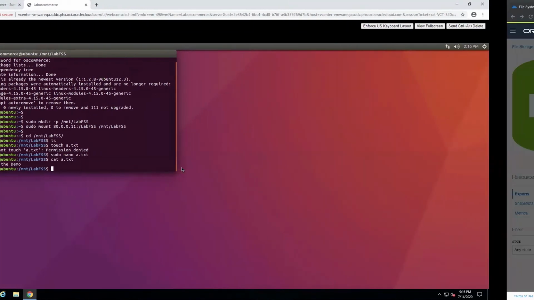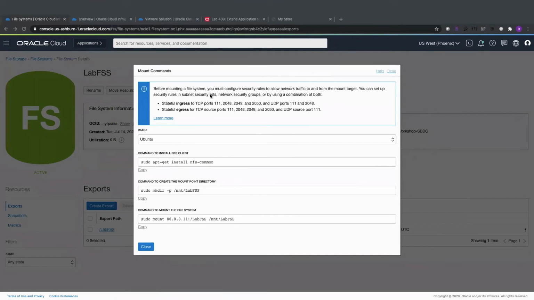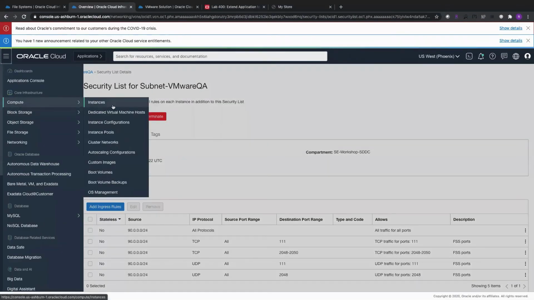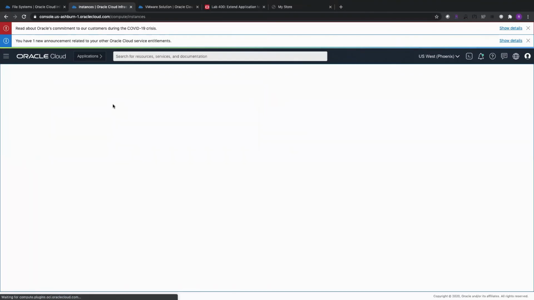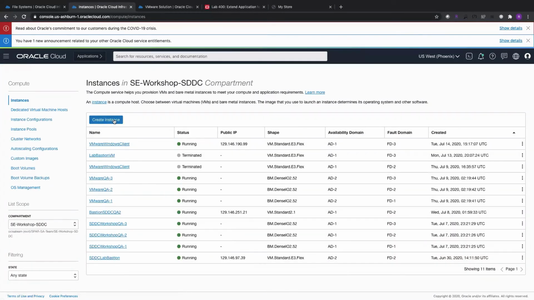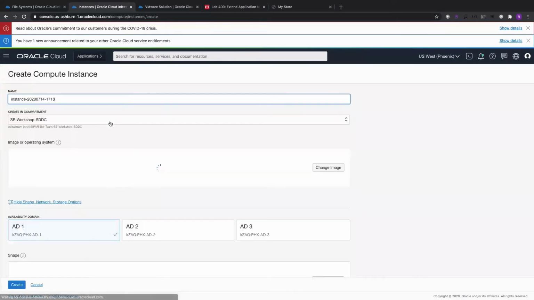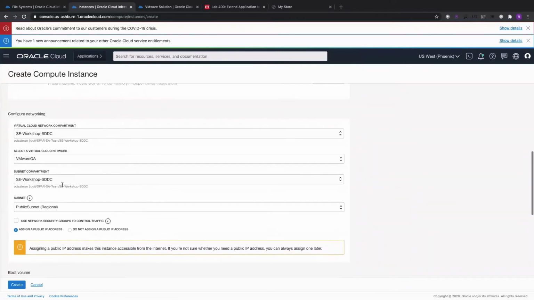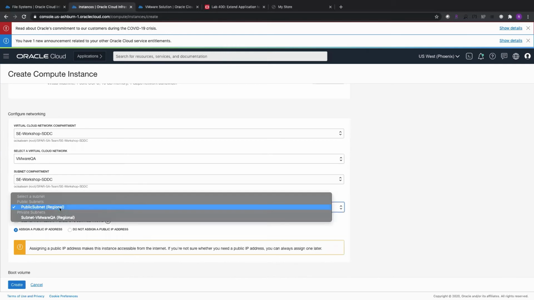To do that, scroll back to your OCI console and open up compute instances. Here I'll quickly create a test instance of Linux flavor. Make sure that you have the right VCN selected for your workshop. And for subnet, I will select the public subnet that I have created in my previous lab.